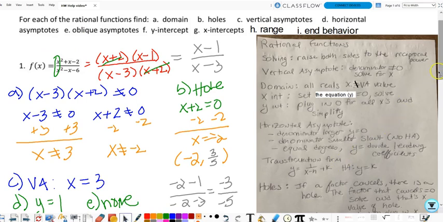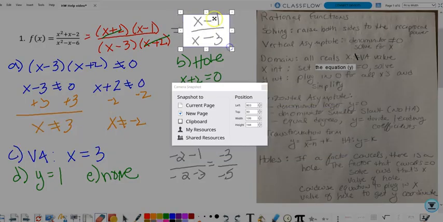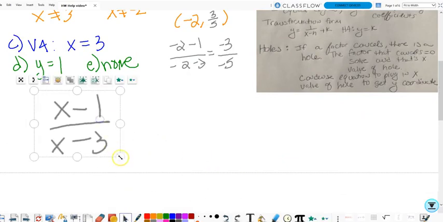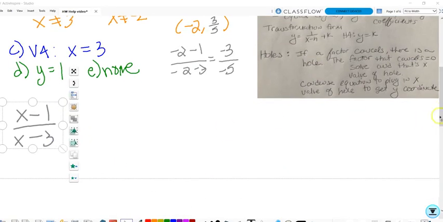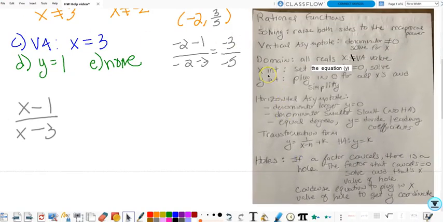Okay, let's go for y-intercept and x-intercept, and I'm going to use the condensed equation for my x and y intercept. So let me copy this down here. X-intercept. So this is my function. For the x-intercept, it says set the equation equal to 0